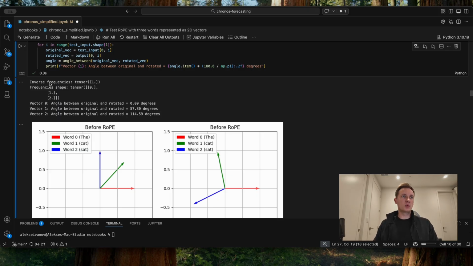What we see here is that the inverse frequency tensor is just 1, and the frequency shape is 0, 1, and 2. So these are our positions. We have 0, 1, and 2. Each position rotates by 1 radian. That's why position 0 is not rotated, the next position is rotated by 1 radian, 57 degrees, and the next position is rotated by 2 radians,